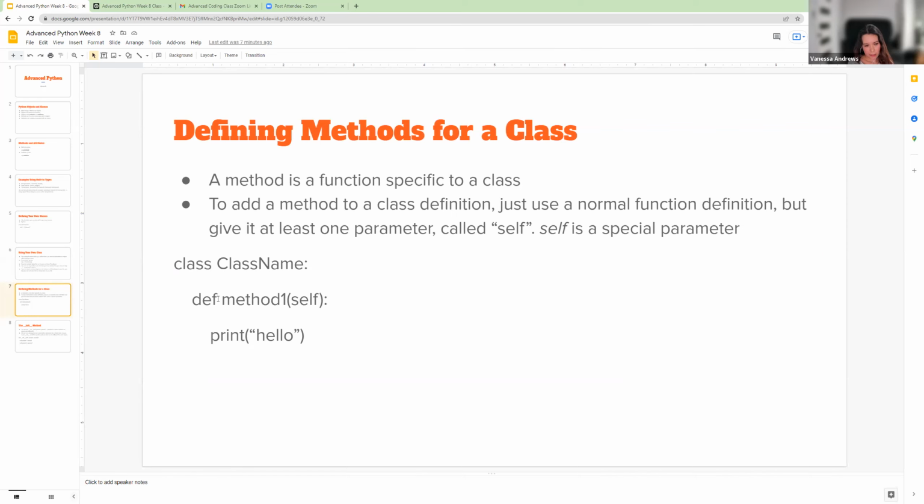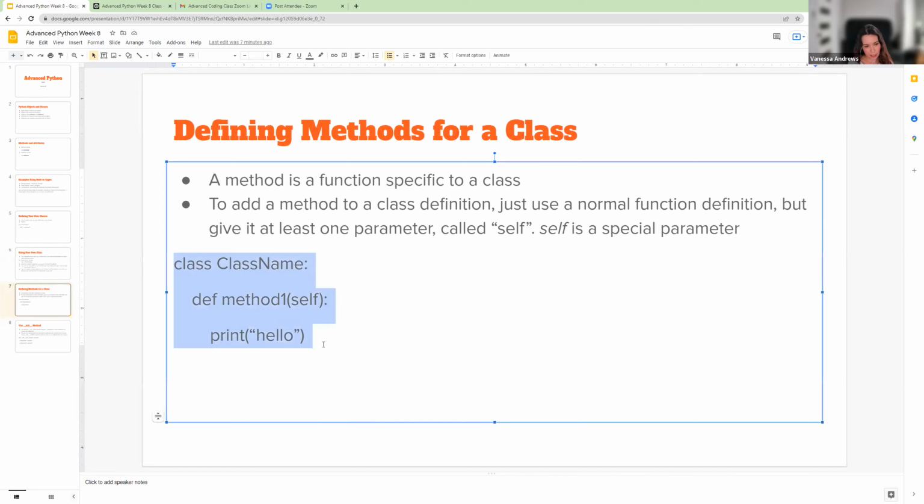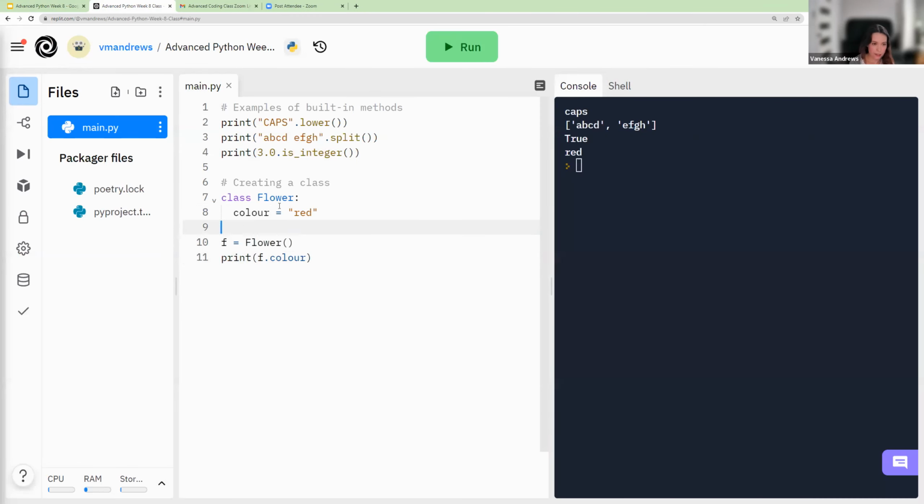So how methods work is it's the same as a normal function definition, except it's inside your class definition block. And it also has to have a special parameter, a special argument called self, as its first parameter. So that works. So inside our flower class definition,